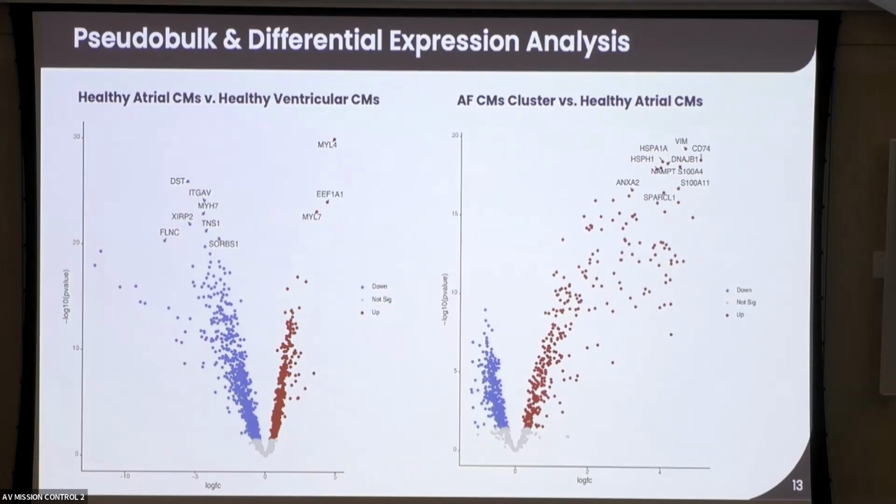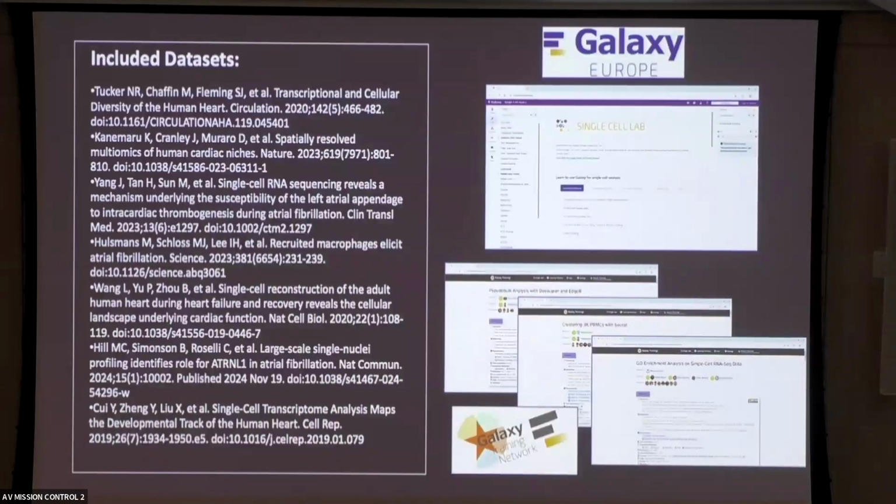The next thing I want to do with them is to do a cell communication analysis, which we can't currently do within Galaxy, but it is on the list of tools that the single cell and spatial omics community wants to add. So hopefully I'll be able to do that on Galaxy soon. But I think I'm still investigating this cluster, but I think it does prove that we can take these two public resources, the publicly available data and the publicly available Galaxy server, and we're actually able to find out new things about what's happening in disease